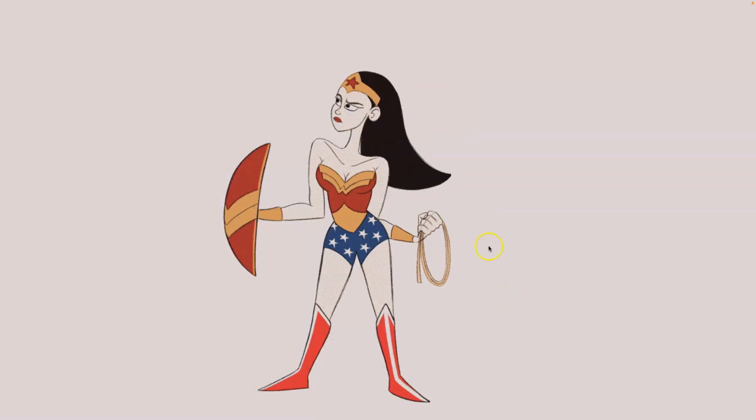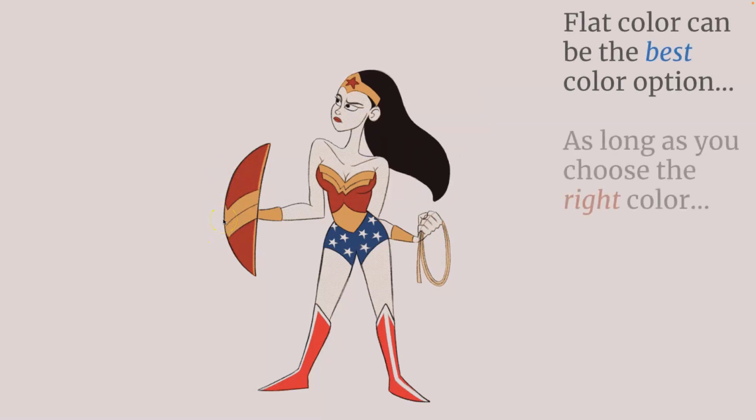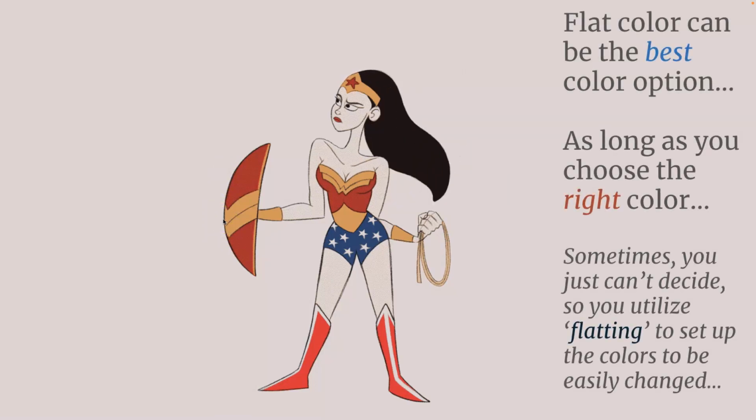So here's an animation, and all this one did was animate the hair, right? So let's say that there's 50 frames in this animation. Because it's digital, they didn't need to recolor each thing for each frame. But as something moved, like if the shield moved up and down, they would just duplicate it and move it up and down. Because the hair is black, they just kept it as a fill, as a full bleed, and then they just used like puppet warp and did it. Now the key to doing flat color well, and this